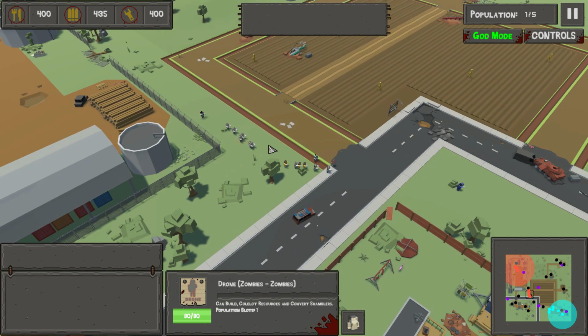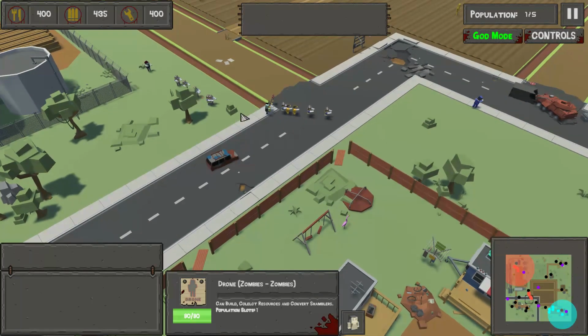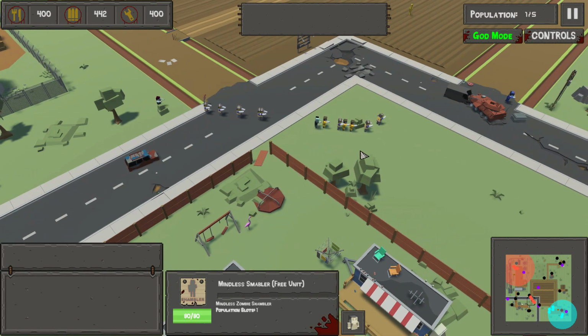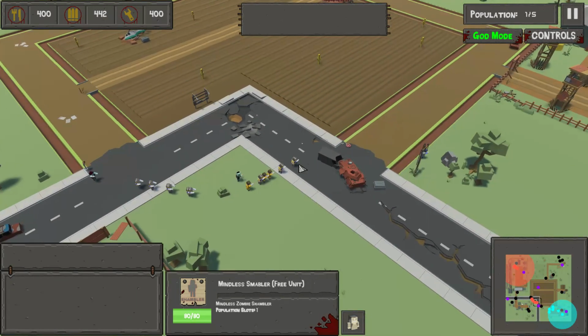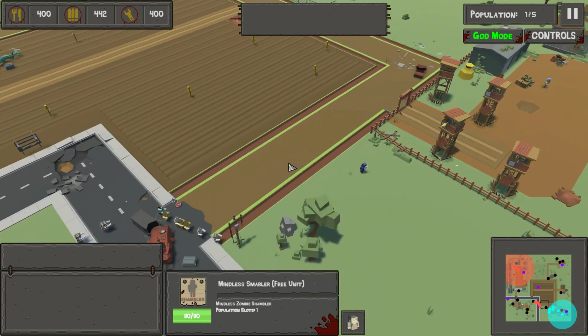Now, one of the problems I'm working on right now, other than that, is, AI-wise, I cannot for the life of me get the AI to convert mindless shamblers. At least not do it effectively. But one of the things, I mean, you as the player, you can convert shamblers just fine. But the AI can't seem to do it. But thankfully, whenever they pass by shamblers and end up running...